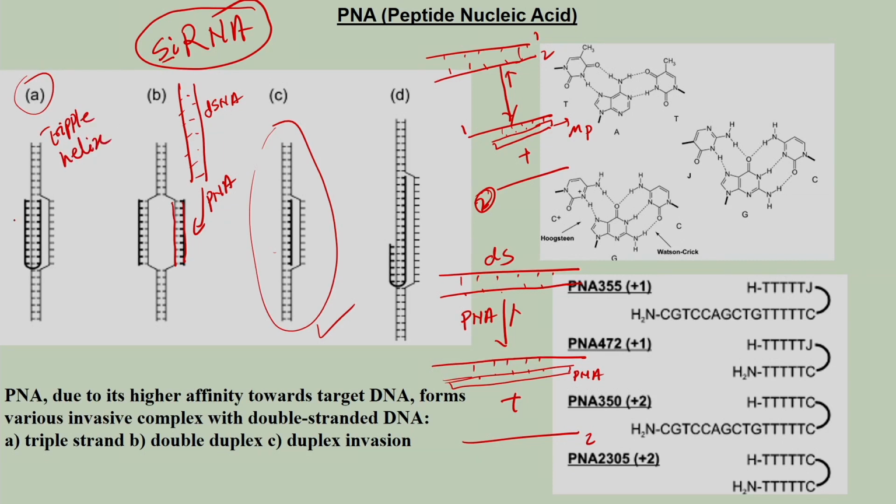In this case your PNA has invaded, it is called the invasion. This is called the invasion into the double helix. So, your PNA, because it is complementary to the target DNA, has invaded into the double helix and displaced it. Now, in this case you have made a PNA which has a U shape,